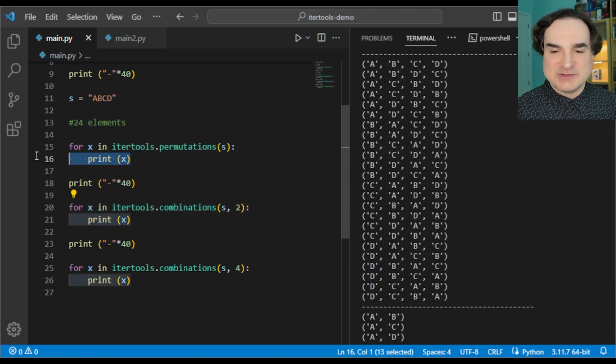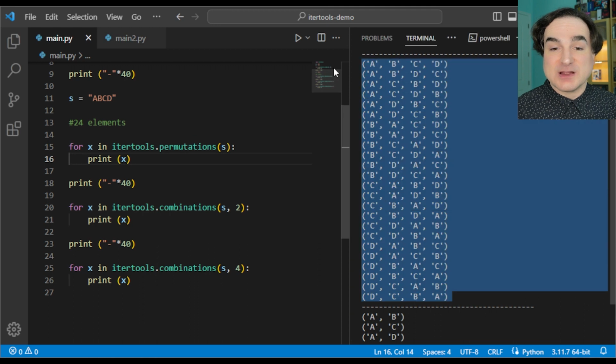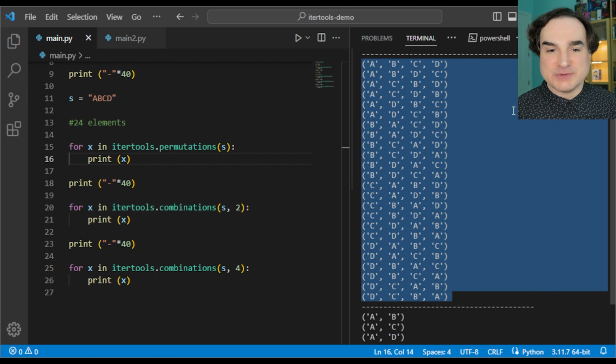So in the permutations example, what I want to do is generate all the unique ways that we could shuffle 4 letters. All we have to do is provide the 4 letters to permutations. Now, by the way, we could do this with a list or a tuple as well, but a string works because Python treats strings as a collection of things, characters, that you can iterate through. And with this, the result, as you can see, is all 24 possible unique permutations of A, B, C, D.